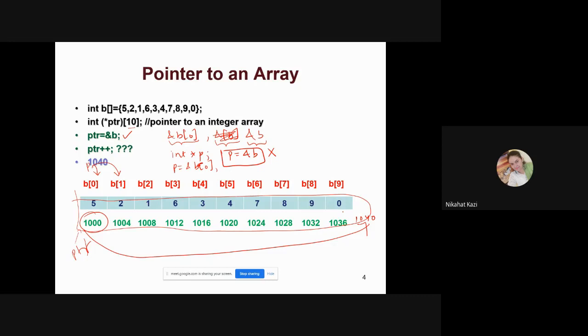So understand this concept: ptr is a pointer to an integer array, and p is a pointer to a single integer. So these are two different things. Okay, so once we understand this,